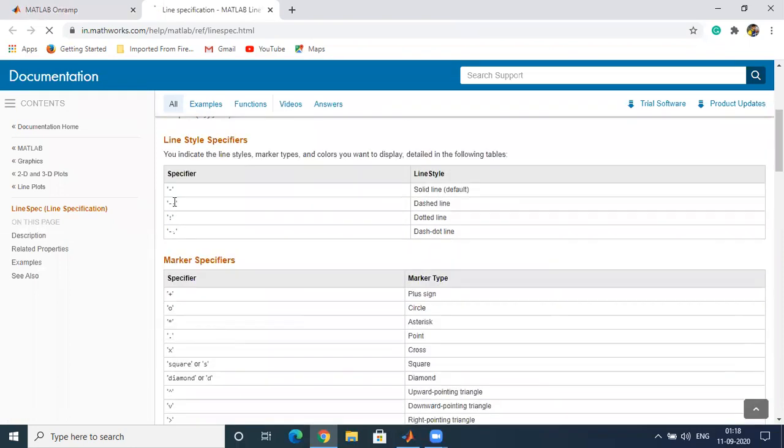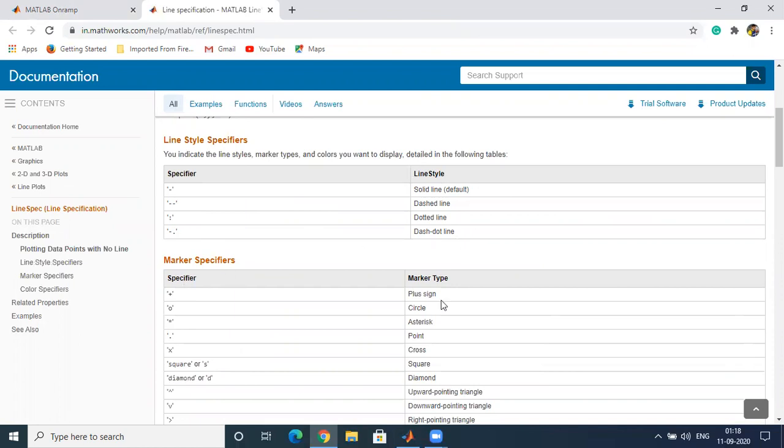For example, when you use the dash, then we obtain the solid line by default. Whenever we use dash dash, then the line style will be the dashed line. When we use the colon, then the line style will be the dotted line. Dash dot gives the dash-dotted line.